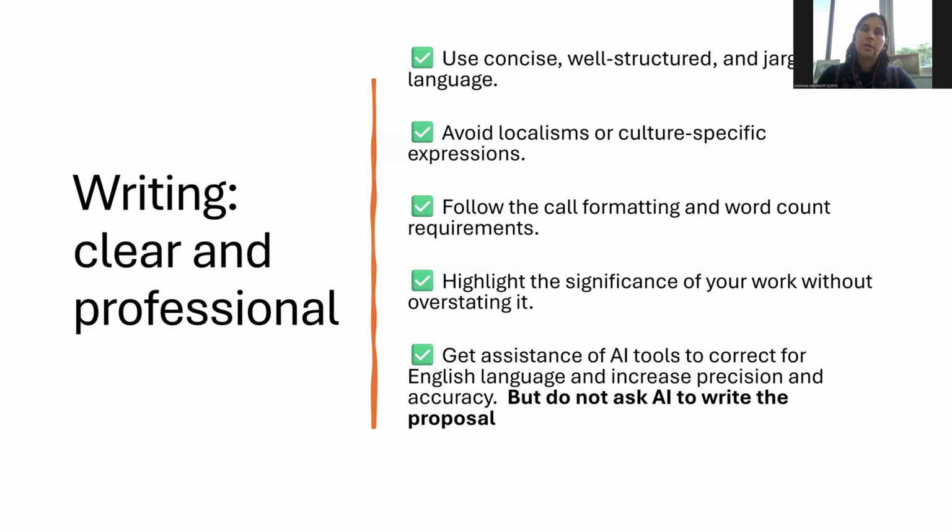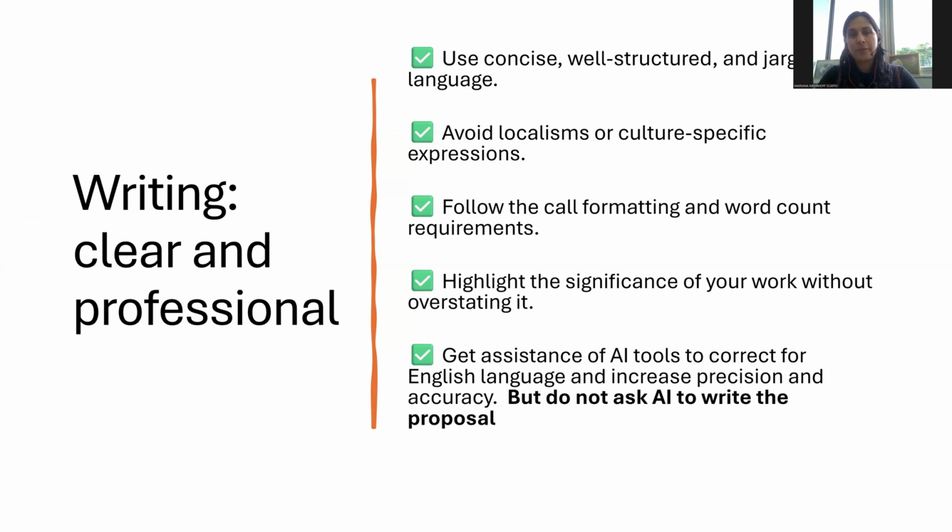I mentioned that poor clarity or poor language was one of the reasons for rejecting proposals. So it's advised that you use concise, well-structured language without jargon. Also avoid localisms or expressions that are very specific to a given culture or a given moment, because we cannot expect that everyone will understand things that not everyone will be aware of. Then make sure that you follow the call format and the word count requirements, and that you use expressions to highlight the significance of your work without